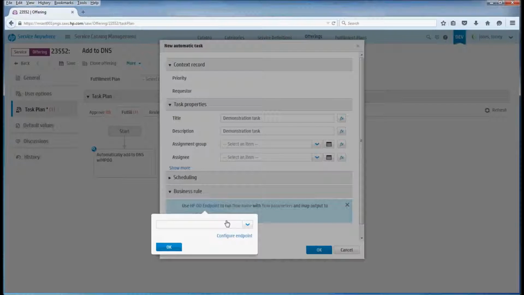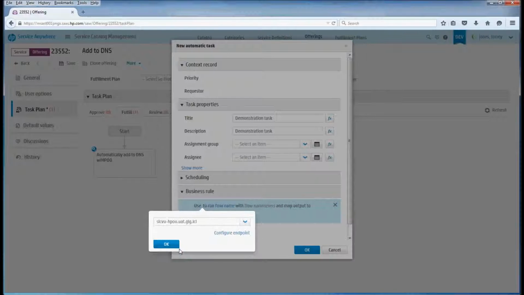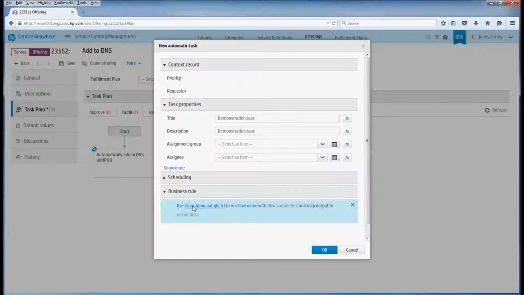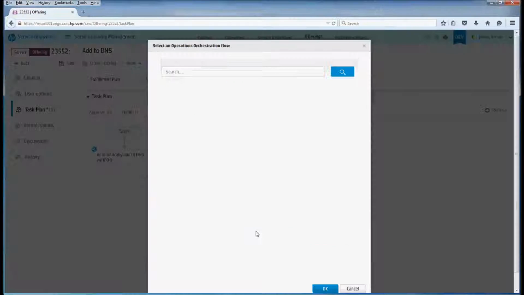So I'm going to select that. And my endpoints are going to be populated here. And we have one HPOO endpoint called SLC-VU HPOO. That's what we'll use. Now we need to select the OO run flow, or the flow over in HP